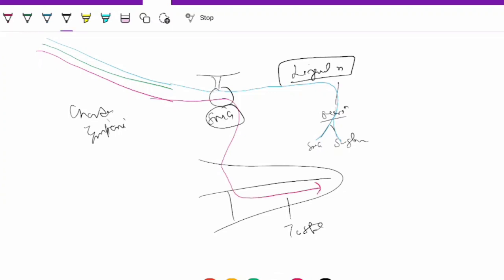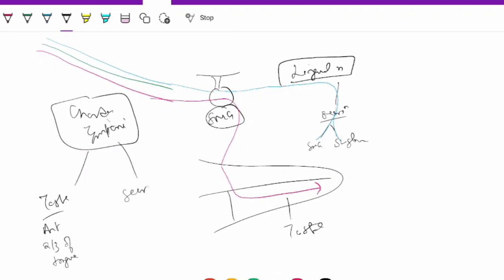So chorda tympani is responsible for taste from the anterior two-third of the tongue, and secretion from the submandibular gland and sublingual gland,